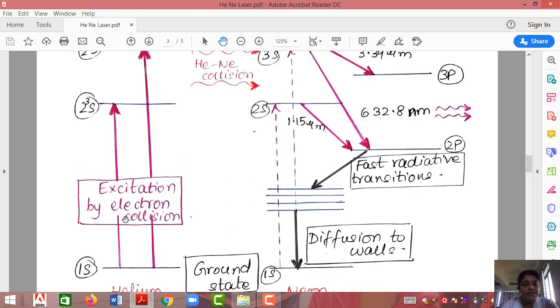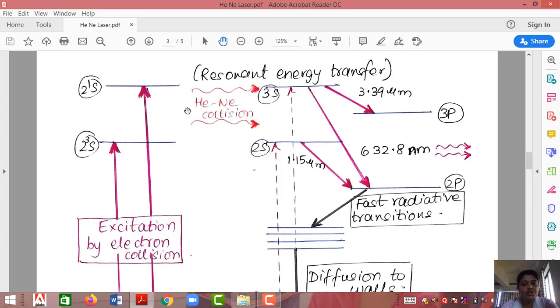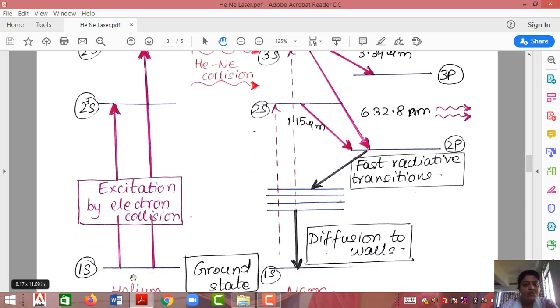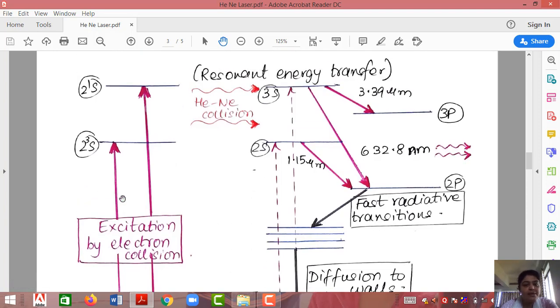So that leads to helium atoms at two different energy levels. Getting it? So 2¹S and 2³S, both of them represent excited states. So step number 1 is helium moves to either this level or this level. Both of them act as excited states only. Then once the helium atoms are excited, they will in turn excite the neon atoms, and this is what we know as resonant energy transfer.